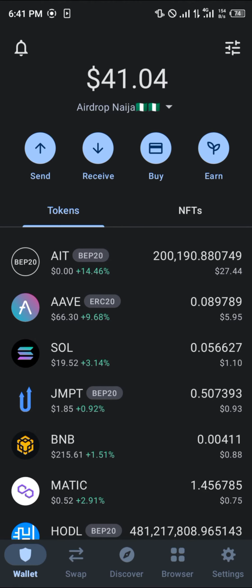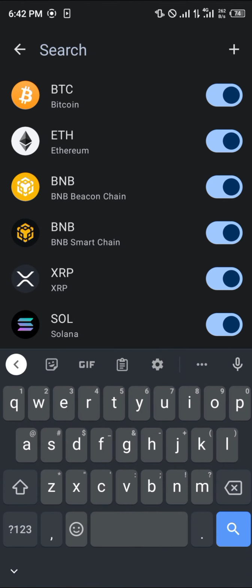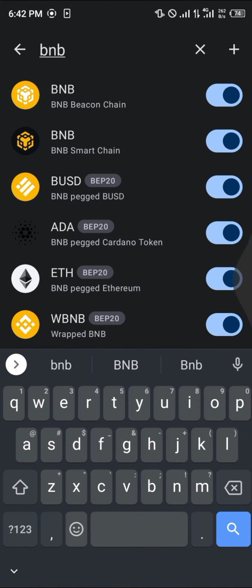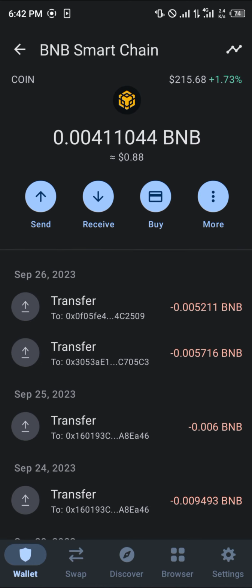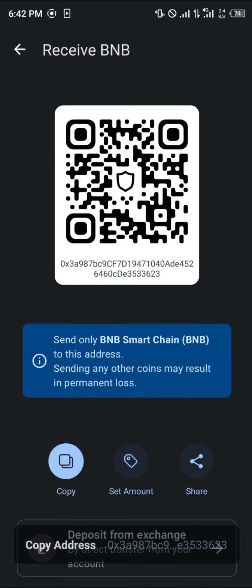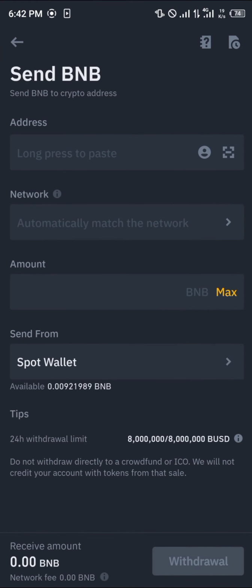Okay guys, and once your Trust Wallet is opened up, the toggle at the top right corner of the screen, select this toggle and search for BNB. Now you're met with all the BNBs. We have the BNB on the Beacon chain and the Smart chain. So let's work with BNB on Smart chain. Click on the Smart chain BNB, click on receive, copy this address, minimize, open up your Binance, paste this address